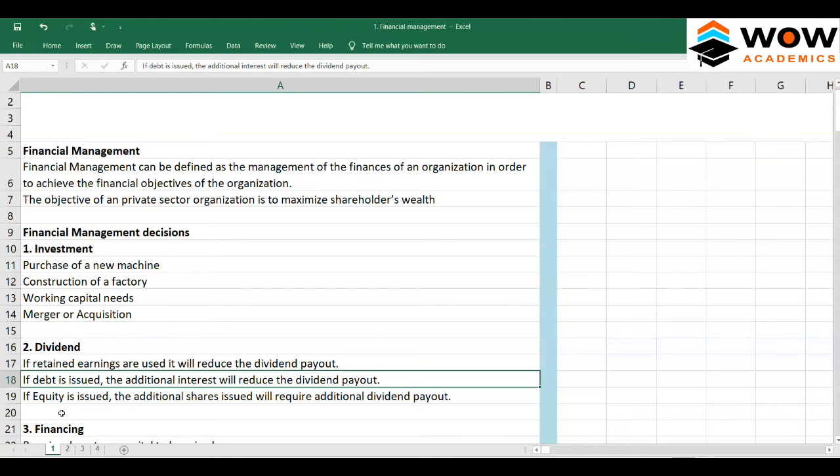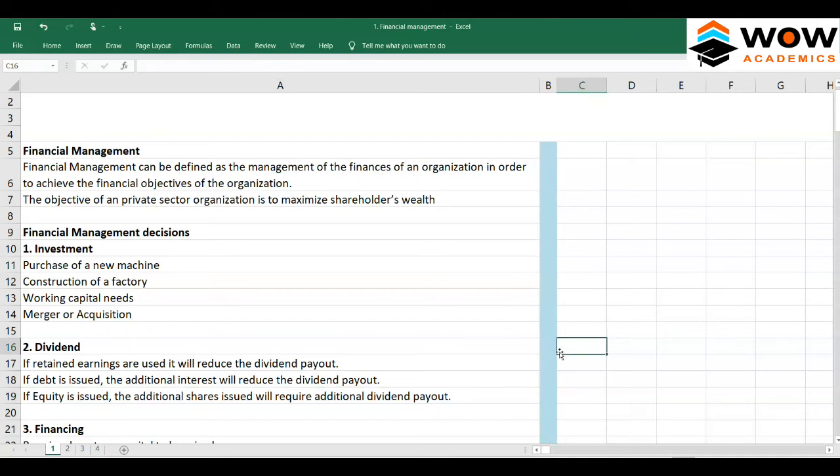If the company is going to issue equity shares, this would lead to more equity shares outstanding, so the company has to pay a higher dividend. Even if dividend per share is the same, the total amount of dividend paid would be higher. For example, if the company has 10 shares earlier and paid a dividend per share of 1 rupee,